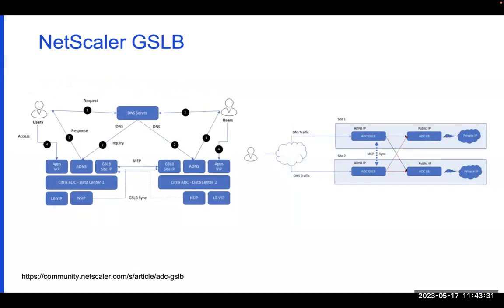I just want to quickly share, a lot of customers today deploy GSLB. Now GSLB, I'm not going to talk in detail about how the GSLB flows. That could be for another session. But I do come across questions like, since we have the GSLB module on the NetScalers, do I need to sell a separate NetScaler just to do GSLB and a separate NetScaler to do load balancing? Well, the answer is